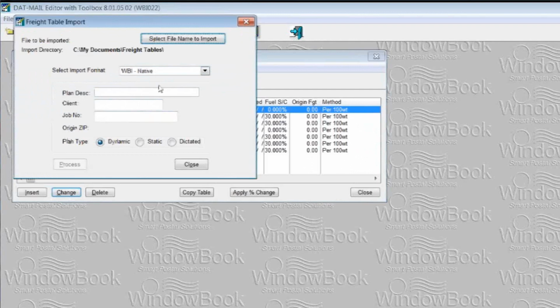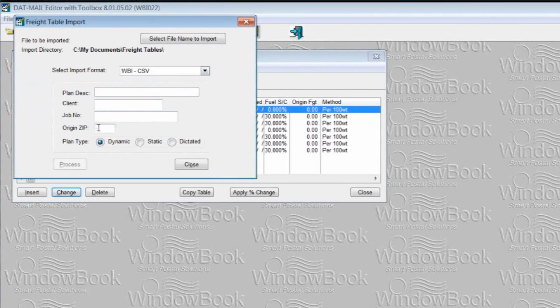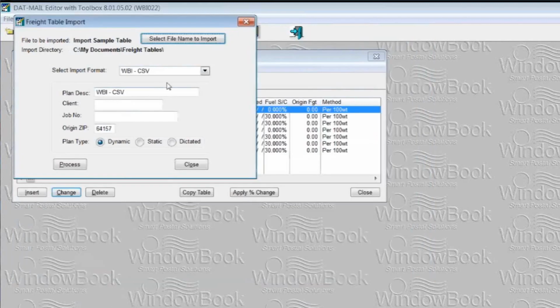Here, you want to determine which type of file that you're working with. In this case, as I mentioned, it's a comma delimited or comma separated, so we'll click on that. We want to punch in our origin zip code. Do that, and then you click on the Browse button to select your freight table. And here I've already got one indicated here in my documents under Freight Tables. So we'll double click on that. And you can also put in a name here. So let's say that we want to call this a new imported